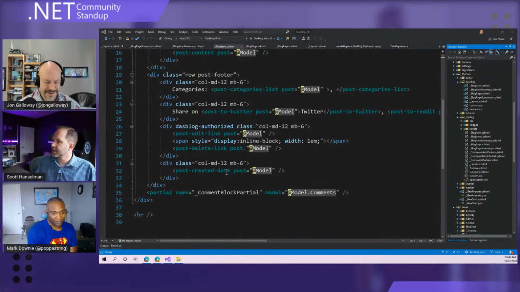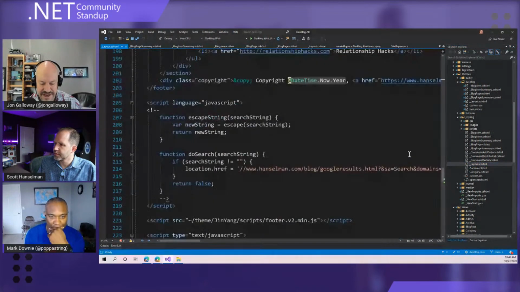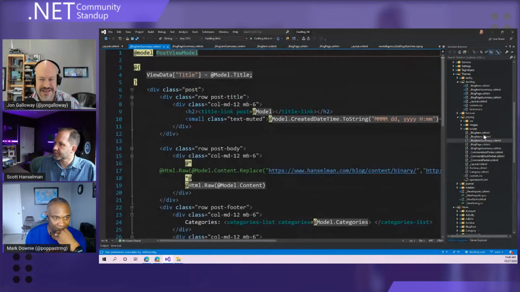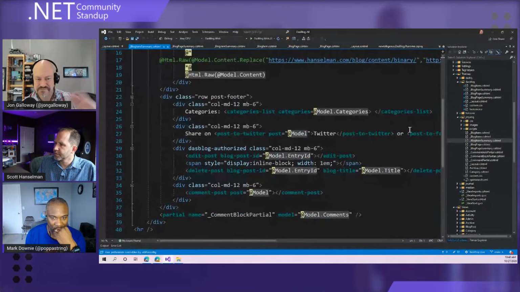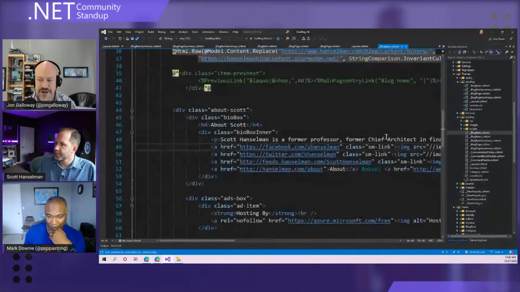Yep, exactly. That's such a nice pattern. There's something that's going to work by default, but you can override it. I know that's something, for instance, the authentication views in ASP.NET Core have done recently, where it'll work out of the box, or you can drop in and override more things if you want.